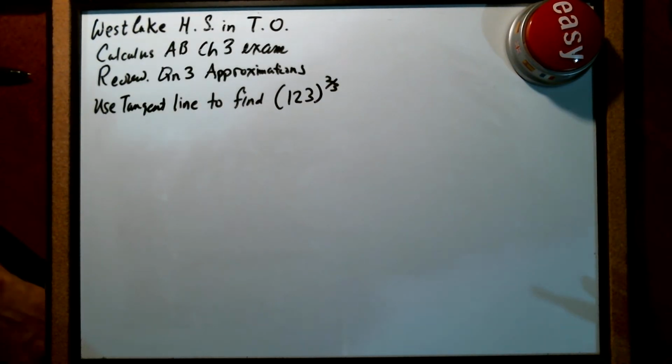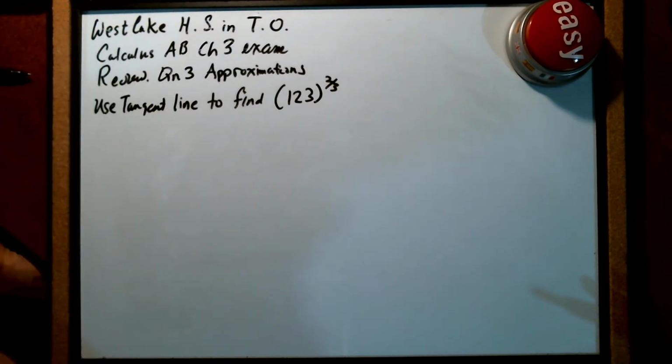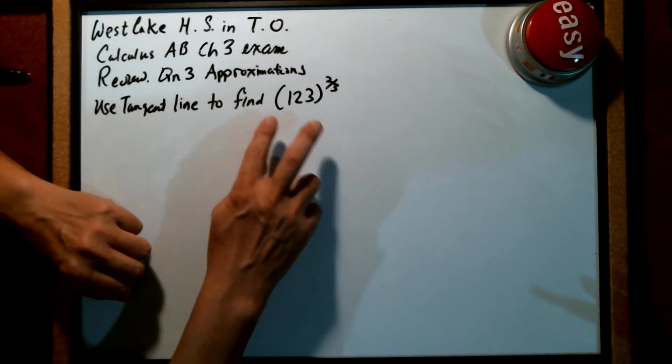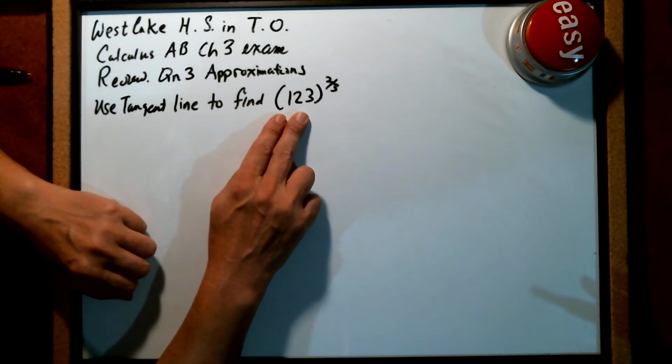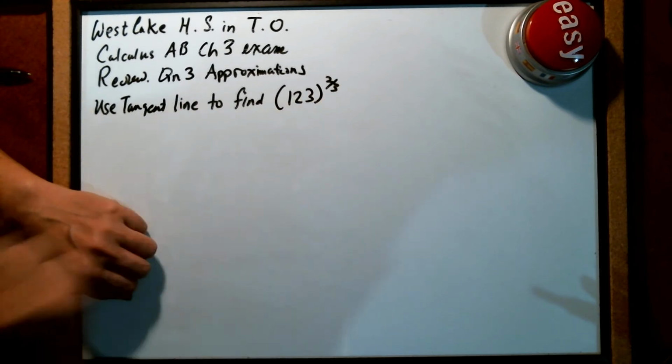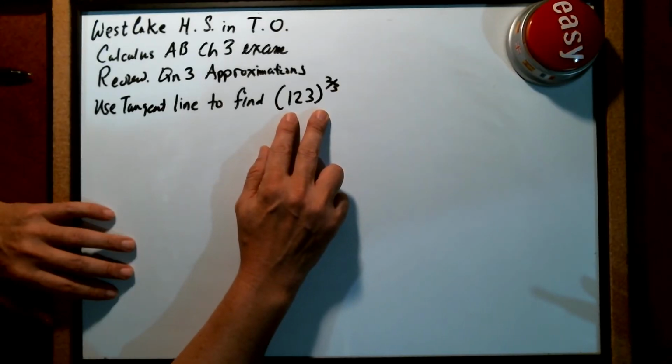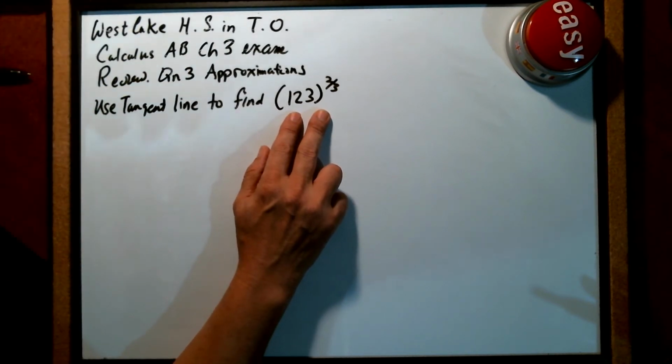One of my students, who attends Westlake High School, came to me with a Calculus AB, Chapter 3 exam review. Question number 3 says, use a tangent line approximation to find approximately what 123 to the 2/3 power is. This is a really interesting question because back when I was growing up, we didn't